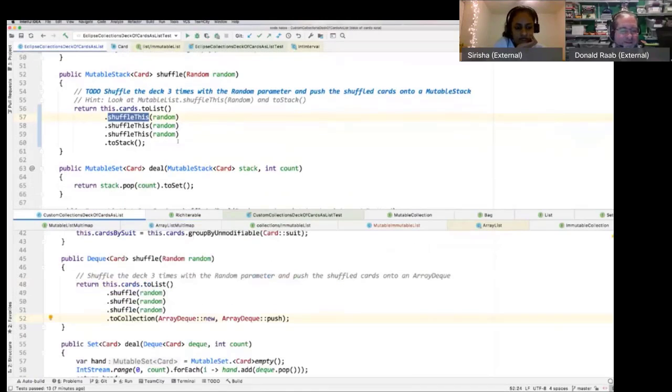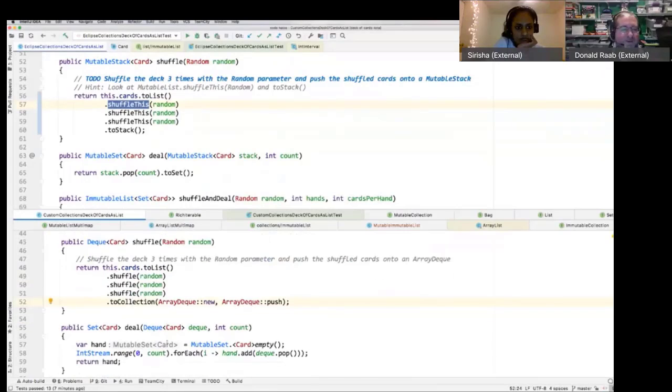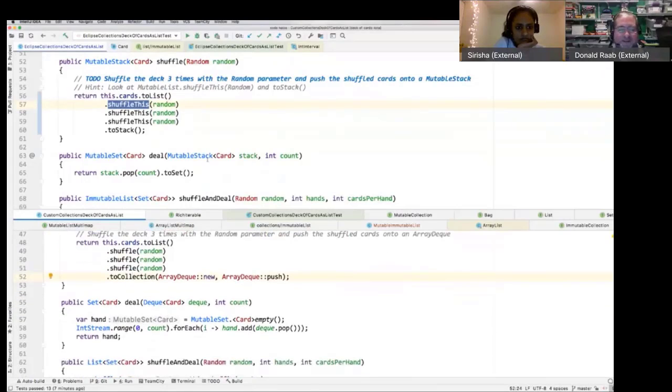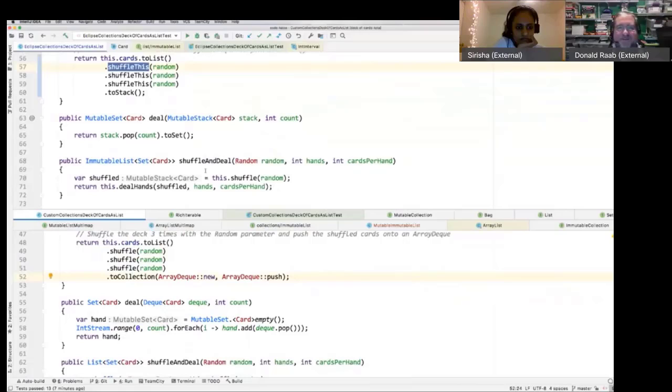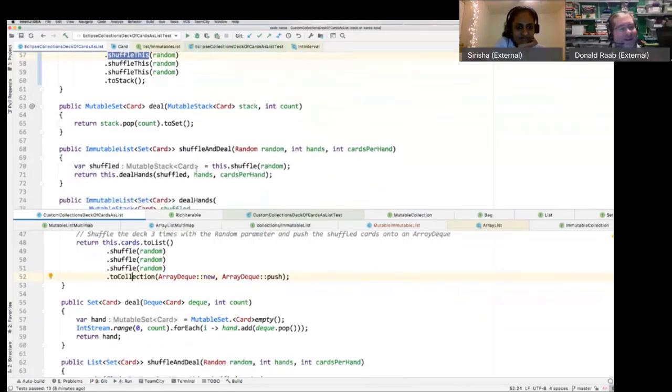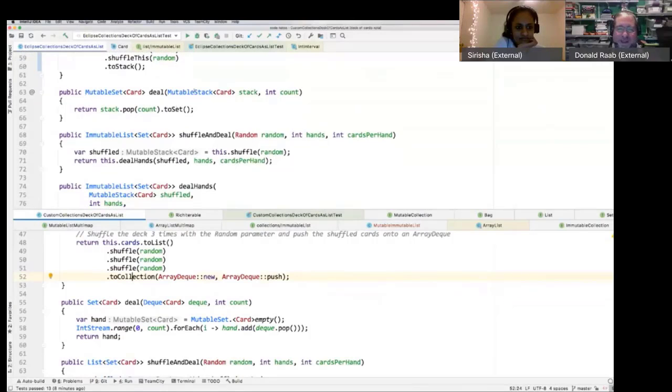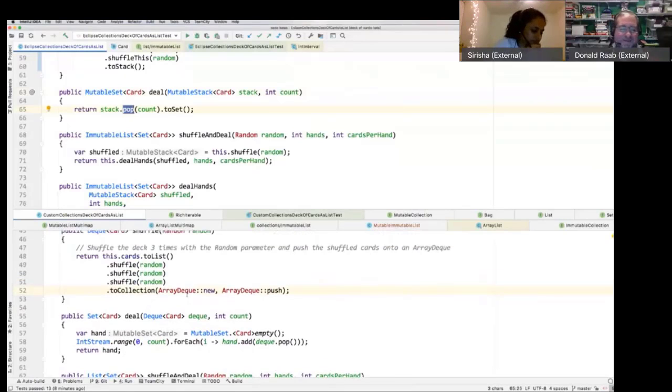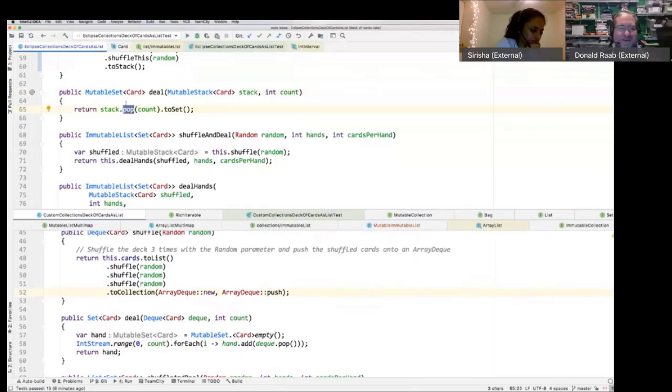So that's that. Dealing is somewhat more complicated today because, once again, I haven't implemented all of Eclipse Collections in this new framework, because that's a lot of work. It'd take me years. In Eclipse Collections, we have a mutable stack, and it has a pop method that takes a count. And this is useful if you want to pop off multiple things at the same time. So in this case, if I'm dealing, let's say, 5 cards,